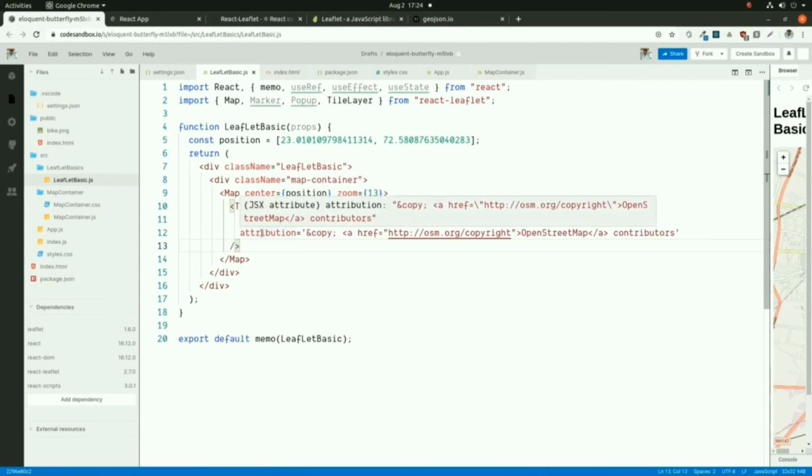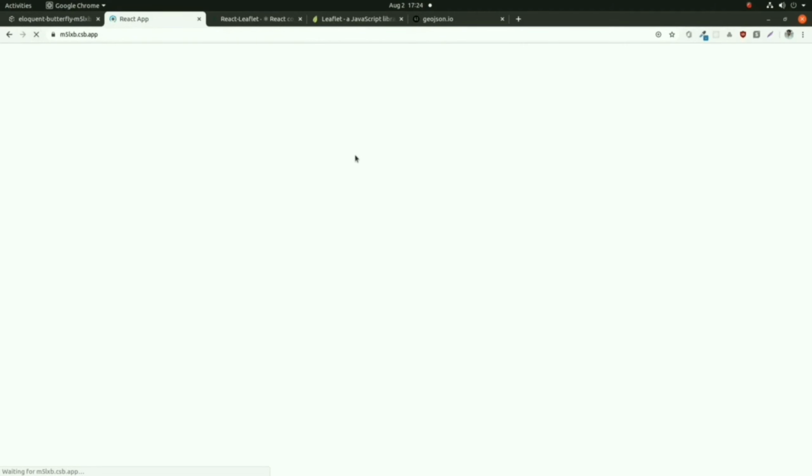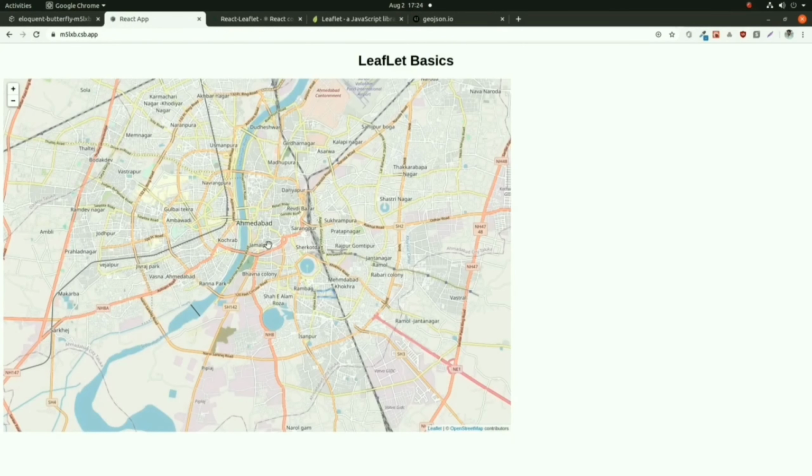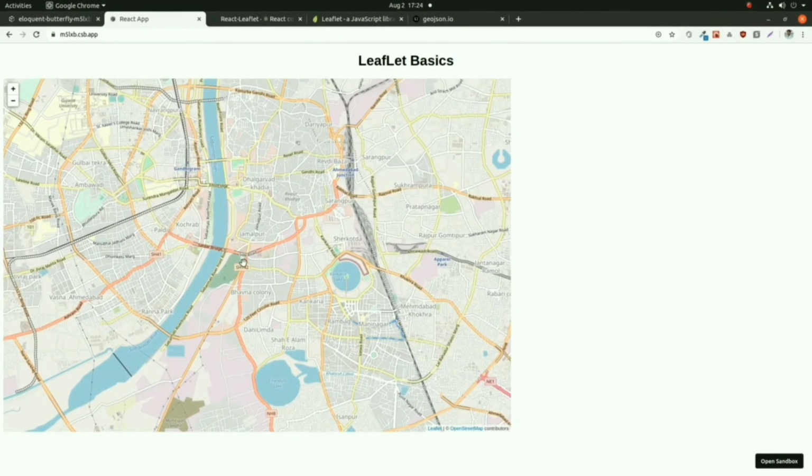So here I have put the tile layer as it is from the React Leaflet website. Now we will see the output. When we refresh, you can see the background of your map. Now you can see the initial position of your map that we have taken from geojson.io.